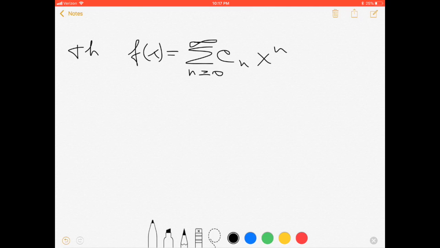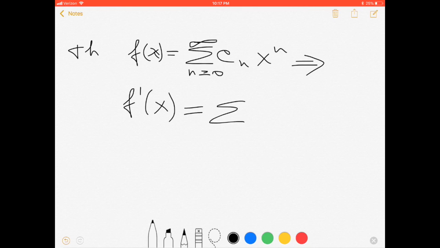This is all from what you studied in the Calc 2 class. Then the derivative of this function, f prime of x, will be a power series starting with 1 to infinity